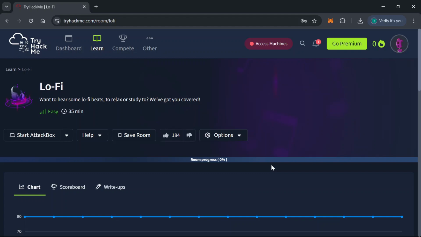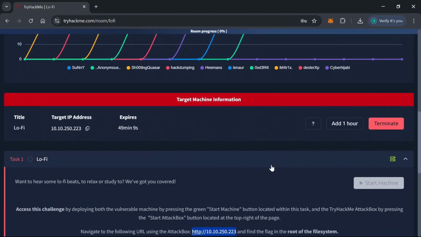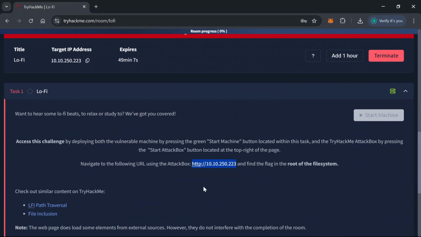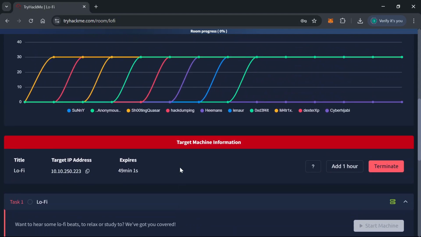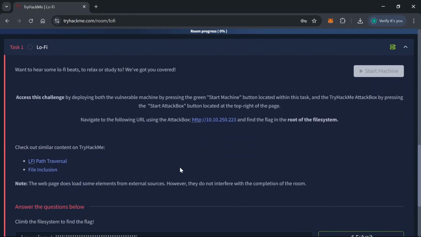It's called Lo-Fi. It's a room on local file inclusion vulnerability. I already started my machine, as you can see, and we have the URL. We are asked to navigate to the following URL using the attack box. I won't be using the attack box. I'll be using my home Kali Linux, and we are supposed to find the flag in the root of the